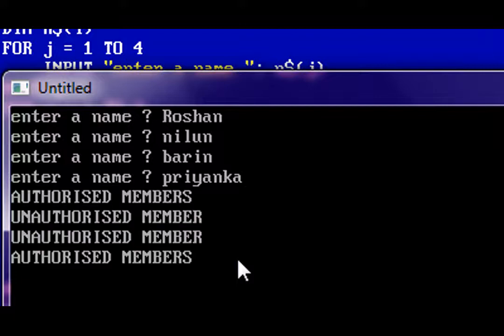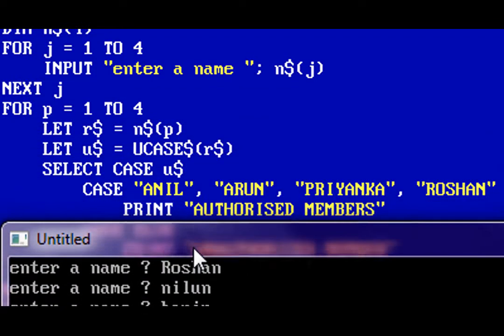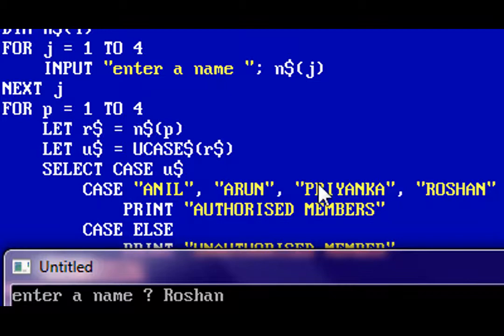Now it says the first name, Roshan, is an authorized member. The second name, Neelan, is not an authorized member. He is unauthorized. I don't know who Neelan is, and that's why it printed unauthorized member. Similarly, Barin. Only 4 names were mentioned here: Anil, Arun, Priyanka, and Roshan, and Barin is not among them.